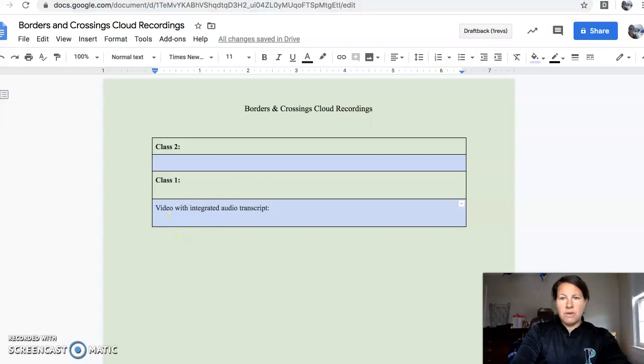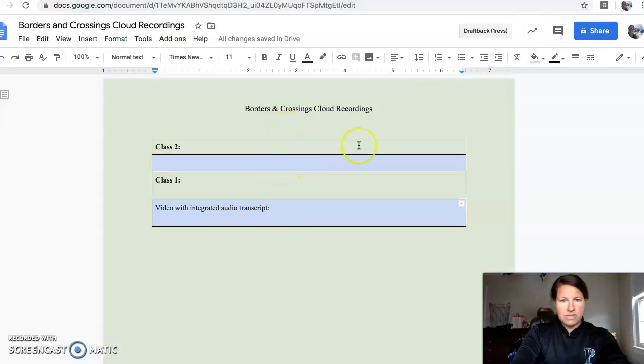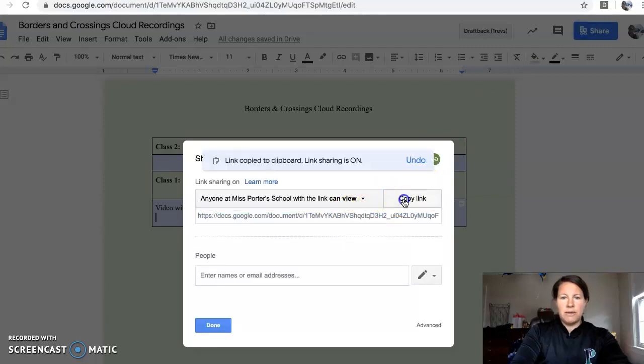So for my ninth graders, I just did my first class and this is how I set it up. For my 12th graders, I haven't had that class yet, but this is the document that I'm going to use. So I'm just going to get that shareable link, copy it,